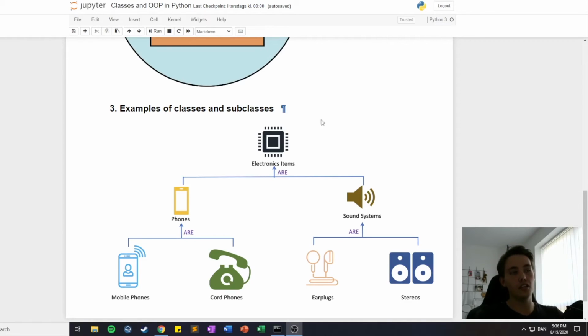So electronic items, and then we can create subclasses from electronic items, because an electronic item is very wide, so we can divide them into smaller subclasses. So when we have an electronic item, we can have, for example, a phone or a sound system. If we just go to the phone first, we can have a phone which is part of